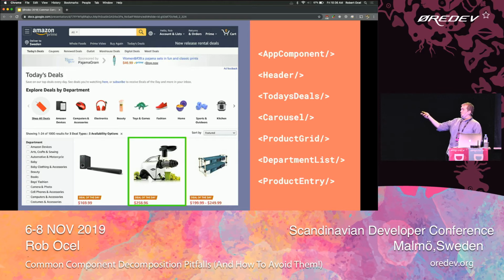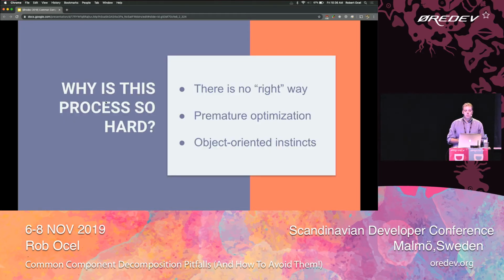That didn't seem very hard, right? I just pointed at random things on the screen and said that they could be components. So why is this process hard? This process is hard because there is no one right way to do this. There's no mathematical formula. There's nothing that you can evaluate that says this is 98% correct and what you did is 87% correct. It's a bit of an art, it's a bit of a feel,